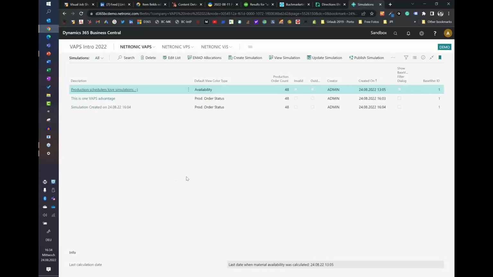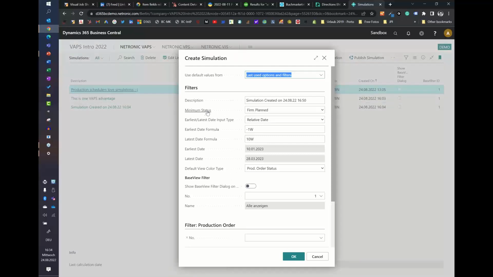As you know, with the VAPS, we can build multiple simulations, multiple versions of your schedule that you can then compare and publish what is best. So first of all, I want to quickly create a new simulation. I say I only include firm planned and released production orders. I want to look a week back and 10 weeks in the future. No further